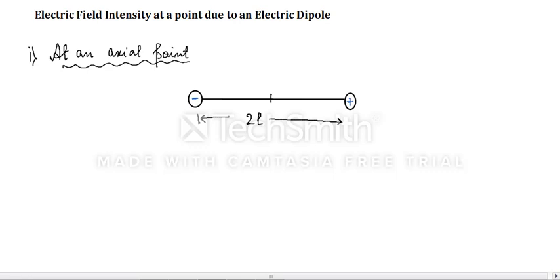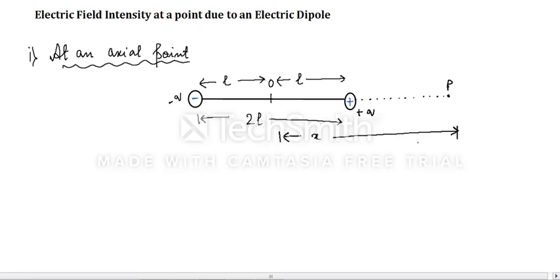And let us say this is the midpoint O, such that this distance is L and this distance is also L. So this is plus Q and this is minus Q. If we take a point, so this line is the axis, and on this axis if we take another point P, which is at a distance x from the center of the dipole,